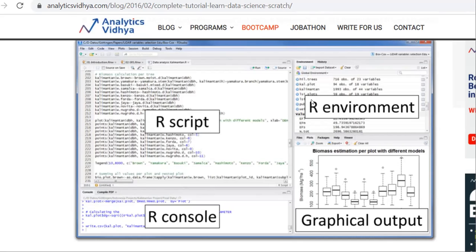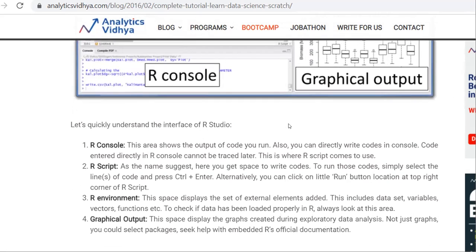Then the environment, where we can browse through the folders and files of the programs or project, can be observed over here. So four windows will be present: the console window, script window, environment, and graphical window.